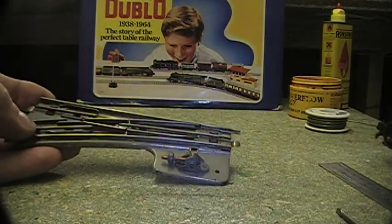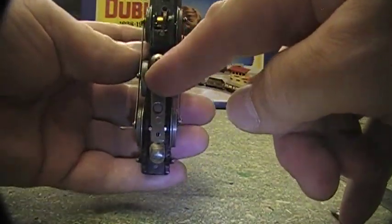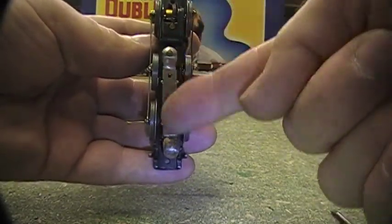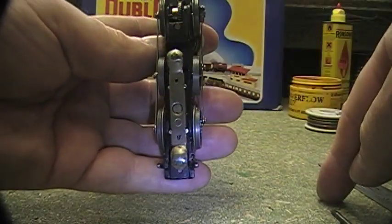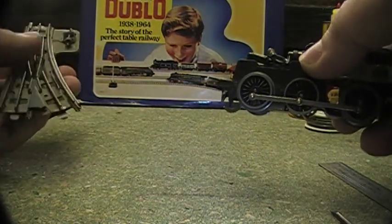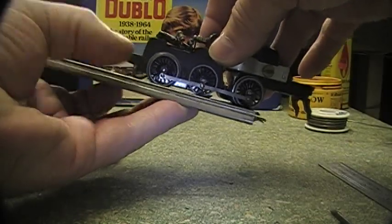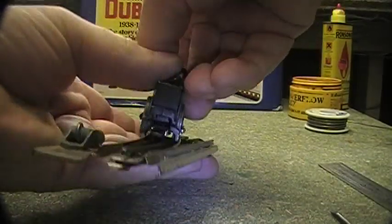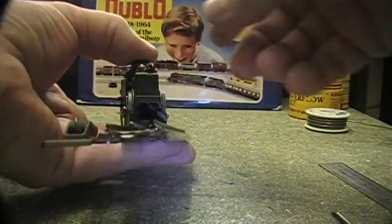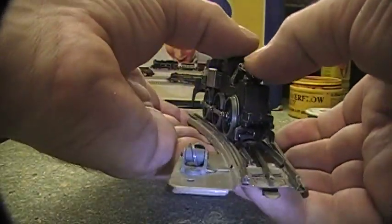Now the problem with shorts often is, as I explained in a previous video, that if you're not in line with your collector shoes down the centre line of the train, like this one, I've twisted it out, there is a possibility for a short, and I'm going to try and demonstrate where this is. Well, it's not a short actually, it's where the rails actually lift the shoe collector off the